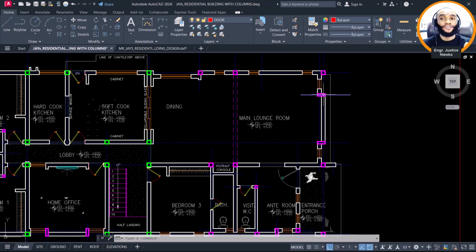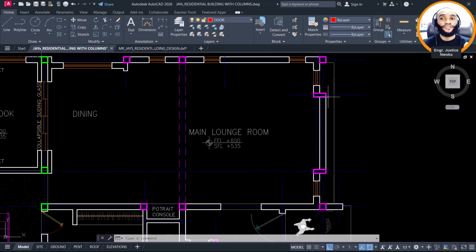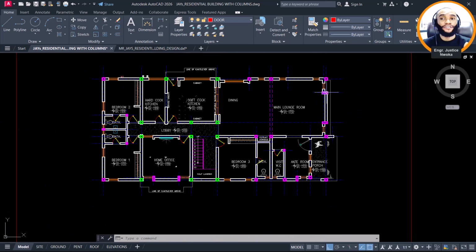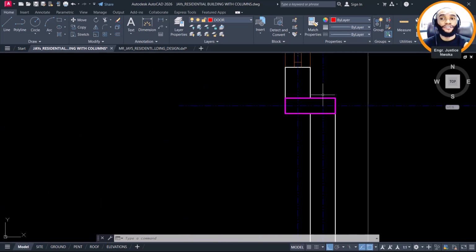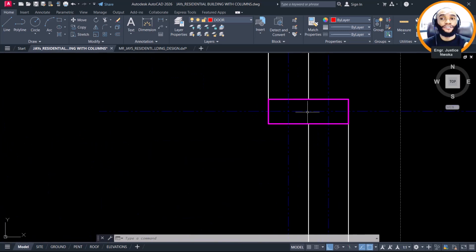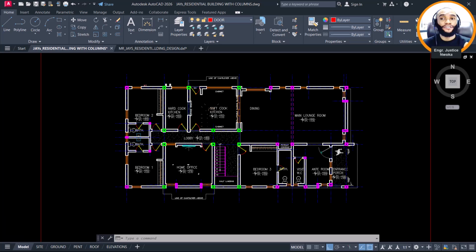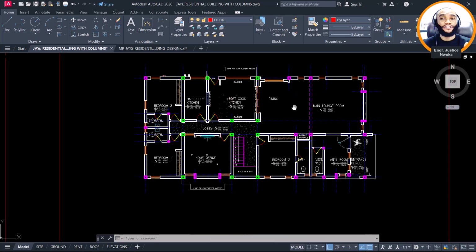Because most times if you have some kind of curves in your building and you don't place a column at some edges, it might cause some cracks around those edges. So you can see how we have to make the column flush all through. With this, once you're done with your structural framing like this, it is now time for you to